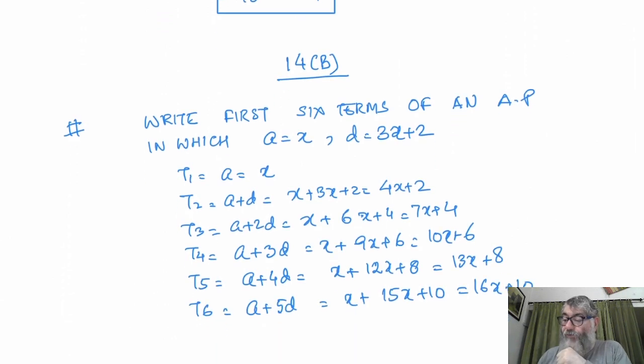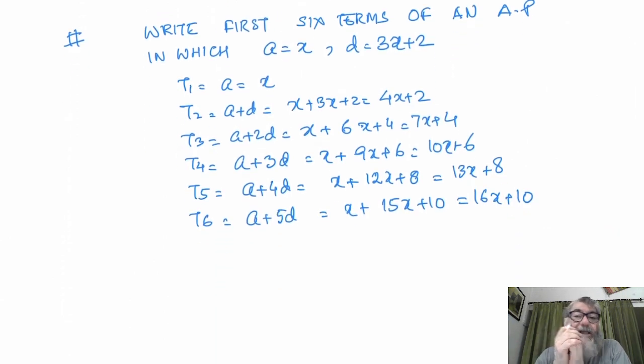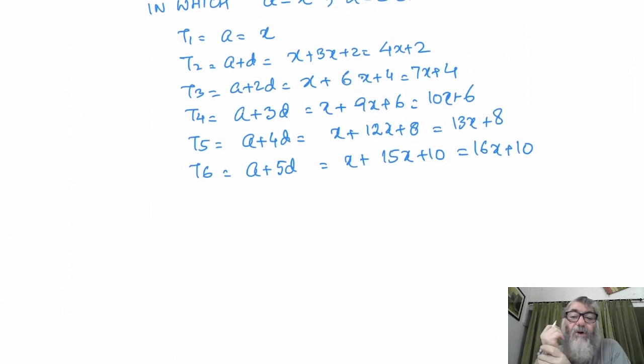We have got the first 6 terms of the series when we have the values of A and D. So the endeavor should always be to find A and D if they are not given. The basic questions in this exercise will be to find A and D and then find anything else. Once you know the first term and the common difference, at least in AP we can find anything.